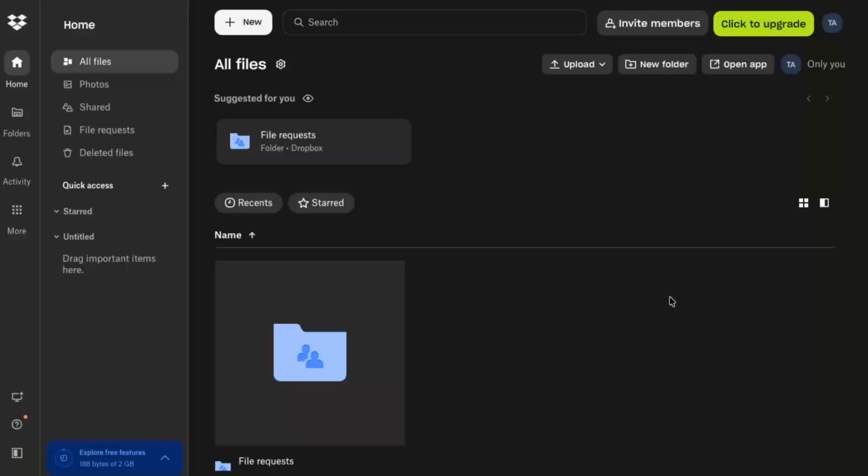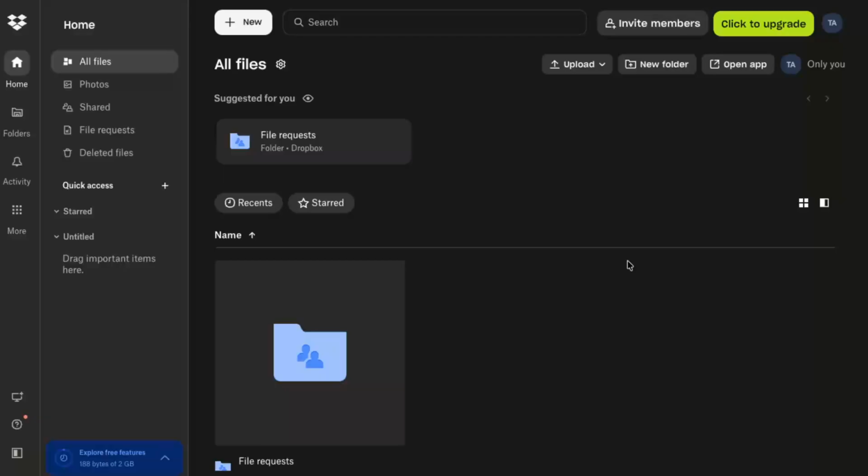In today's video, I'm going to teach you how to edit shared documents in Dropbox. Whether you're collaborating with a team or just working with a friend on a single file, knowing exactly where to find your shared documents and how to edit them can save you a lot of time and confusion. In this walkthrough, I'll guide you from the Dropbox home screen all the way to opening a specific shared document